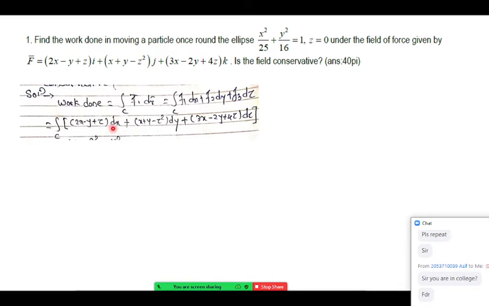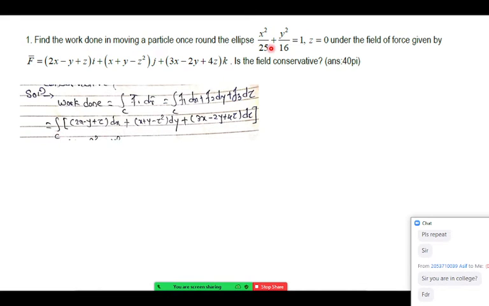Now remember, we cannot integrate by assuming the others as constants, because this is not the shortcut formula for getting a scalar function. So here we have to integrate F1 dx with respect to x only. So y and z are not like constants. The way to integrate is by using a parametric form. So we are going to replace all x, y, z in parameter form. And which parameter do we use? We have to use the parametric form of that curve C.